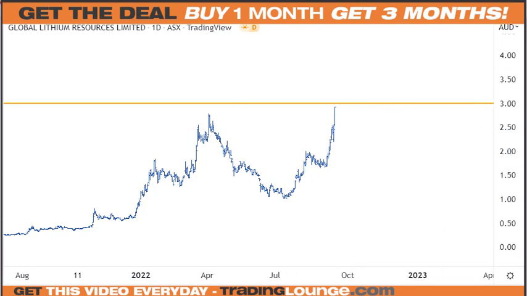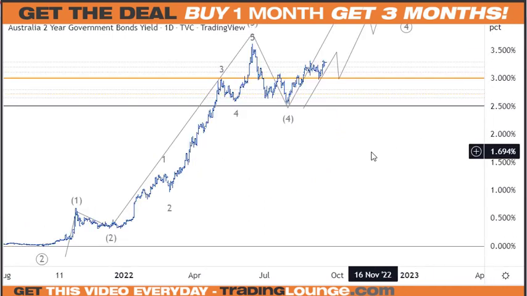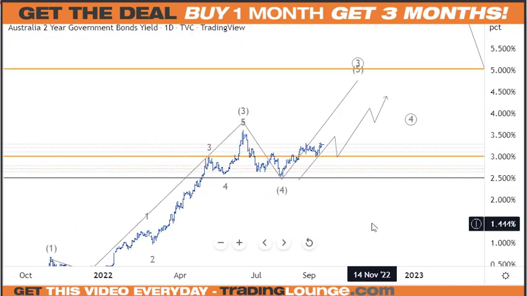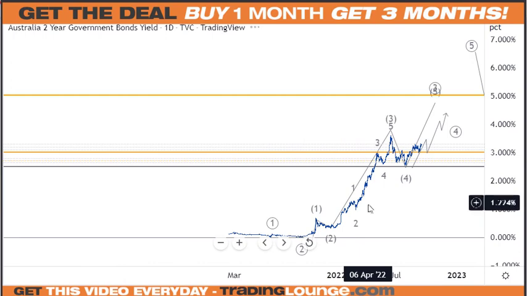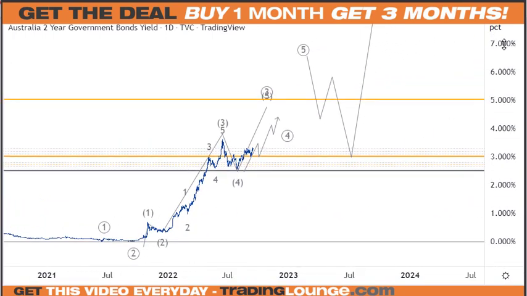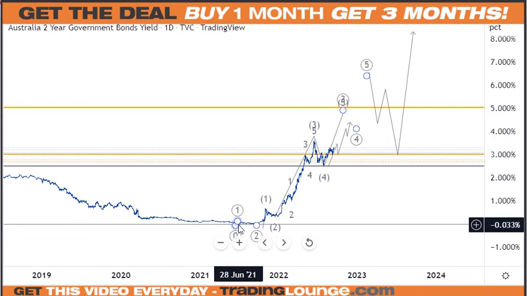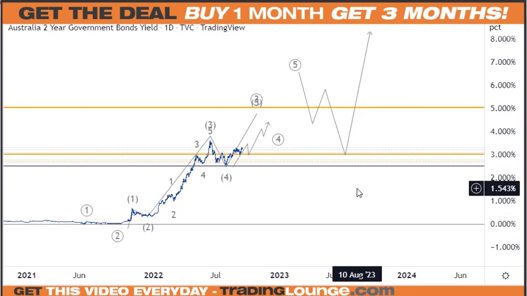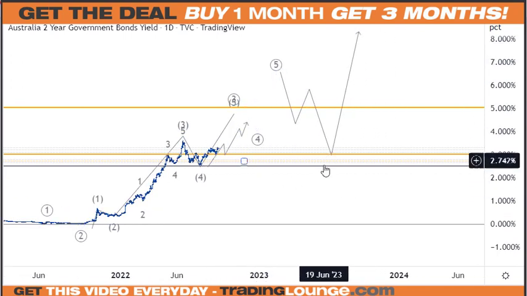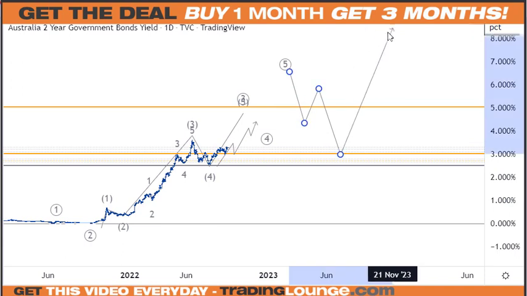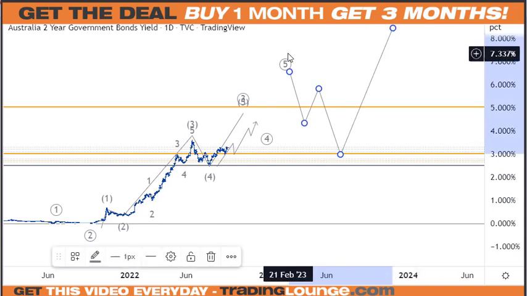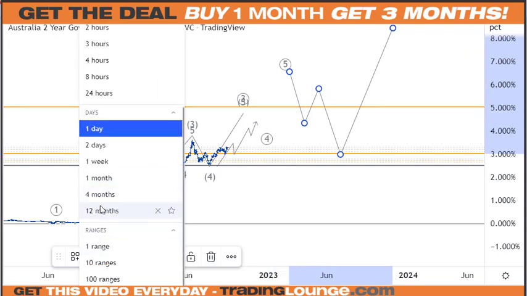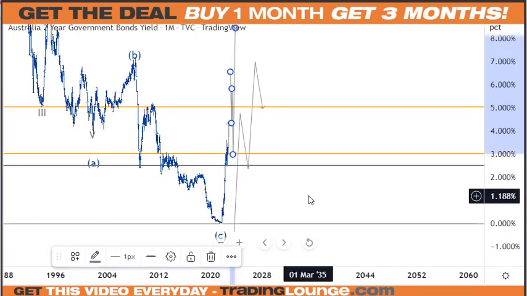So that's that. And just coming back to the government bonds here, the yields rather. I don't know if I talked about this yesterday, I think I talked about it on the other ones. The interesting thing here from the low is we're counting 5 waves up, 1, 2, 1, 2, 1, 2. So when we get up to 5 here, that will pull back again and then go up again. Now I could look at this 5th wave here as wave A or a larger wave 1. I don't know yet, but when you come back to the monthly chart here, I think